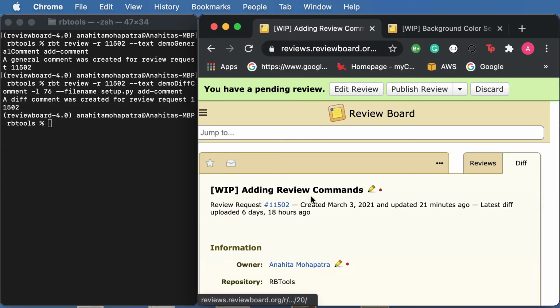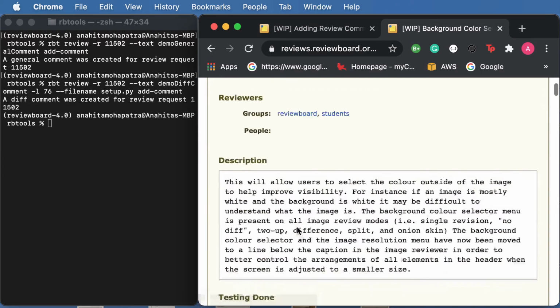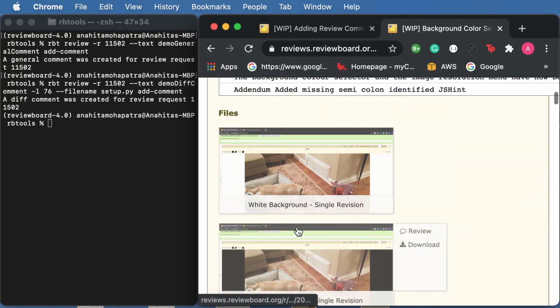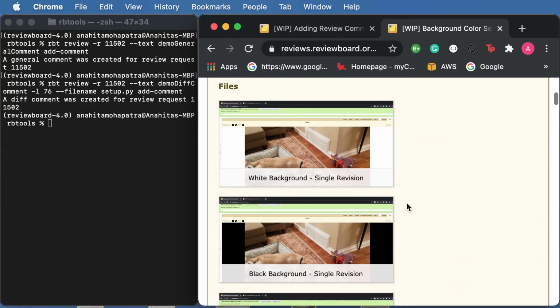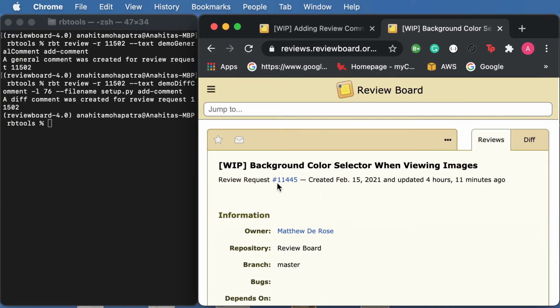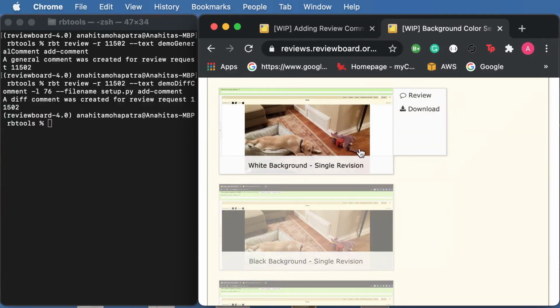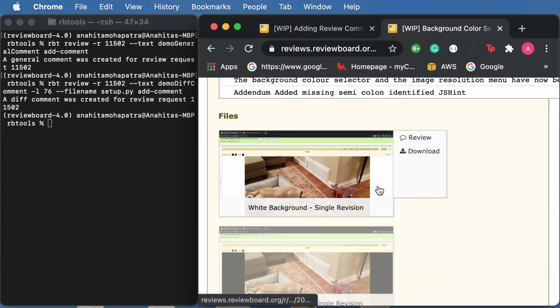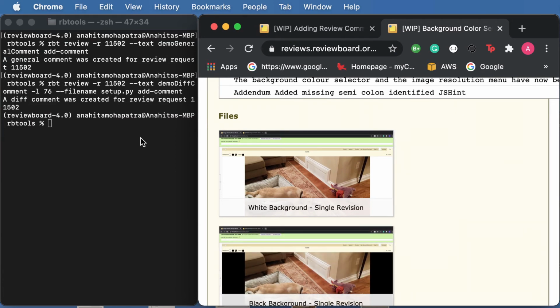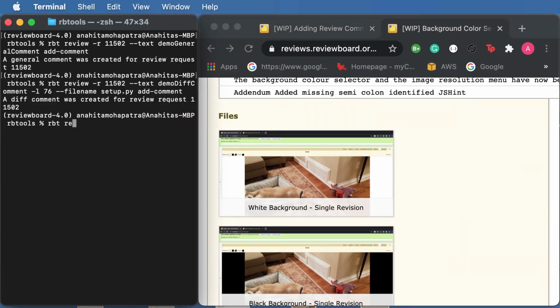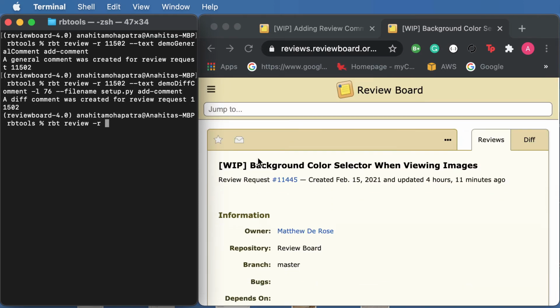So the last comment I want to go over is a file attachment comment. I don't have any file attachment comments as part of this specific review request, but one of my peers has file attachments with his review request, so we'll try to add a comment on his. So this is his 11445, and I can see he has a whole bunch of file attachments over here. We'll just go with the first one we see. So what we're going to do over here is do RBT Review. Let's pass his review request ID